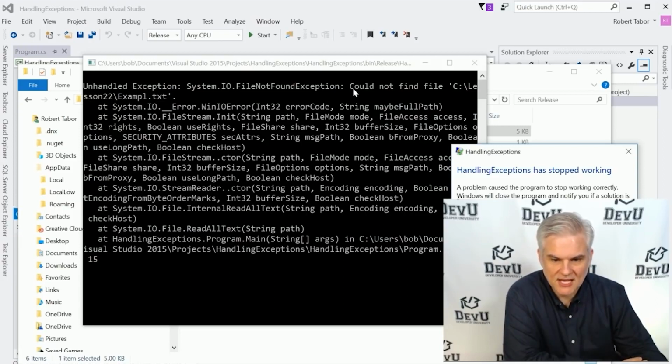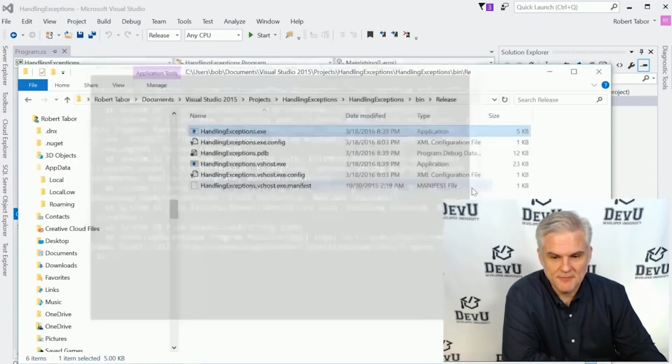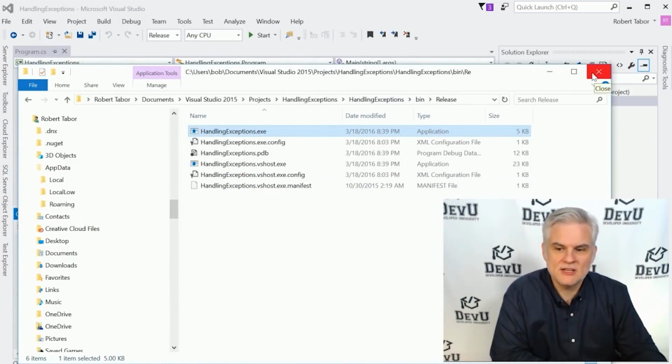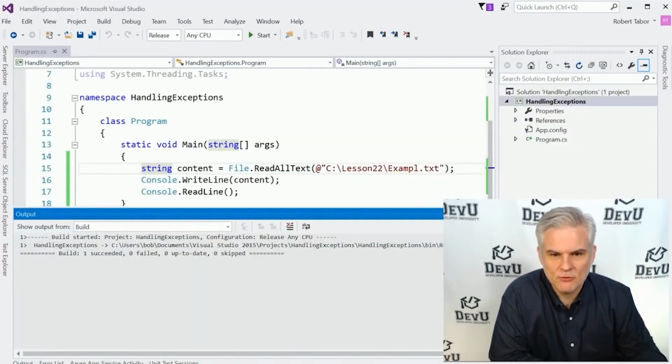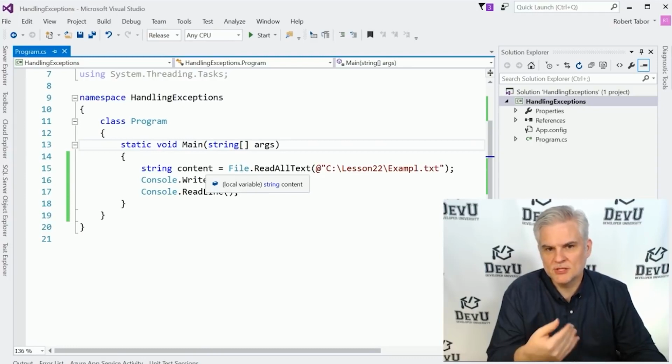22/example with no e.txt. Now, a very observant user might be able to look at this and figure it out if they stared at it for a while, but most users are going to be scared off by this, and I don't blame them. So we ideally would like to make sure that the end user never sees anything like that whenever they run our application. So again, Windows will then close the application, notify you if there is a solution available. There's just a mess going on there, and we want to protect our end users from this mess, from ever